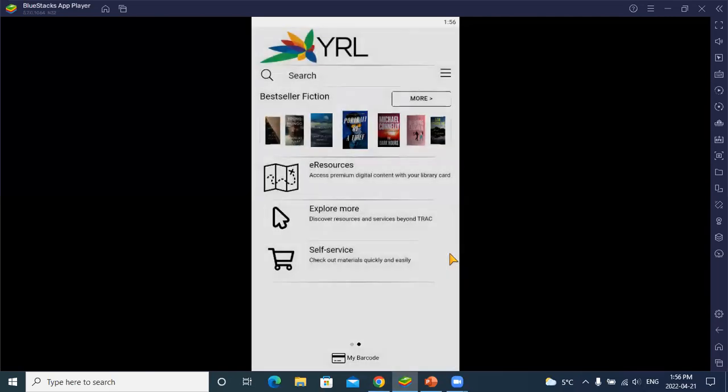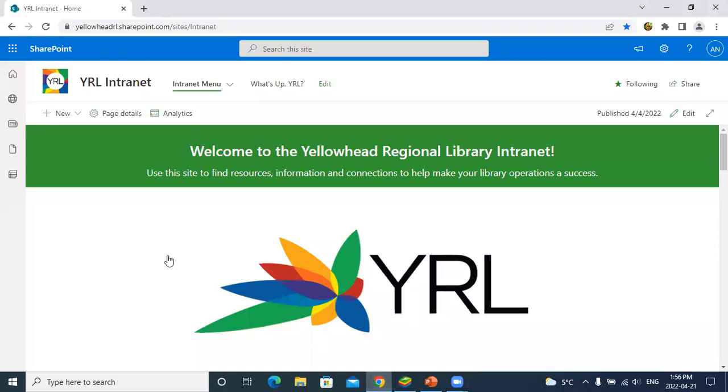So I also wanted to talk briefly about promotional materials for the TRACpac app. I've heard from libraries that they would be interested in these documents. So we've got some documents recently from the app developer, and I'm going to show you how to access those. So you can find these on the YRL intranet. And if you don't have access to the intranet yet,